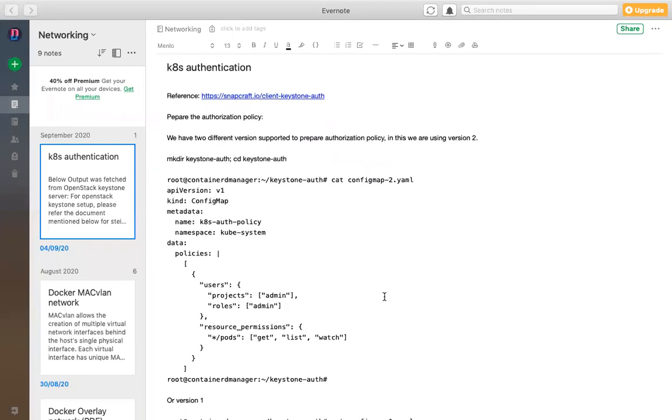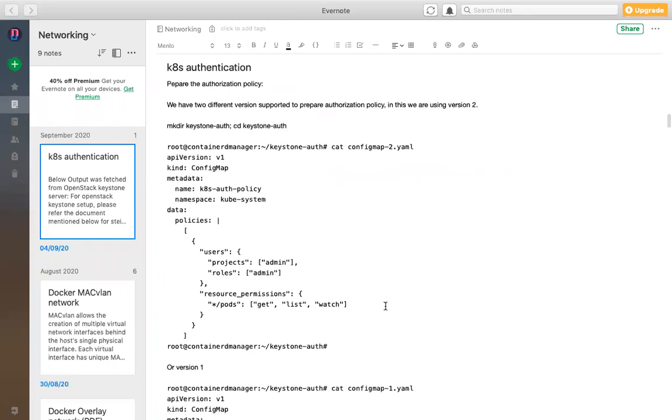In the Kubernetes setup for Keystone, the first thing is that you need to create a policy. This policy is where you will update the details of the user and what roles are assigned to that user. In RBAC, what we have done is create a role, and in that role we specified what resource he wants to access and what actions he can perform on that resource. Now we are trying to create a policy. This policy will be used by your Kubernetes in order to interact with OpenStack.